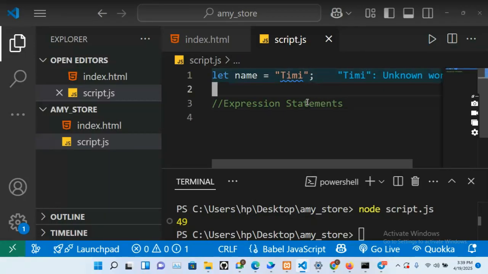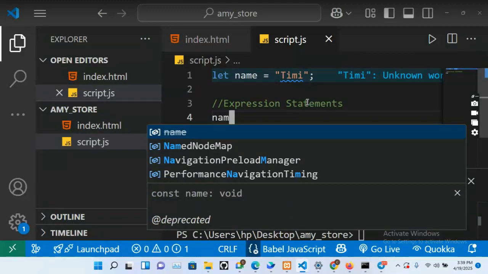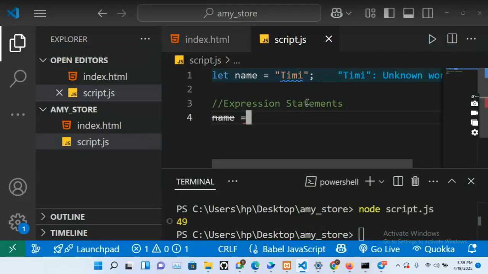So the first one is called the declaration statement. Expression statements can now come in like this. You can now come here and say name equals